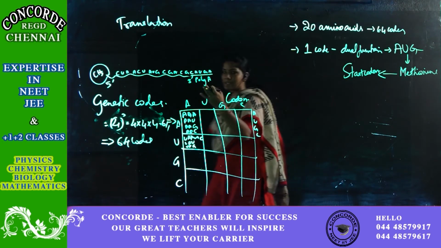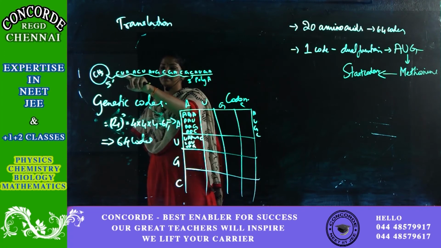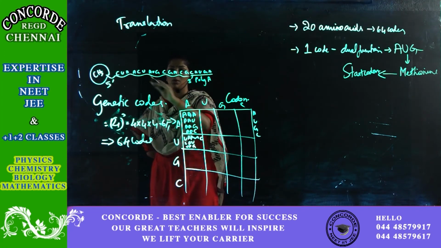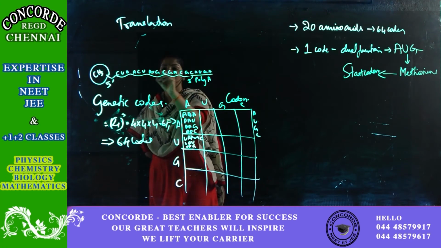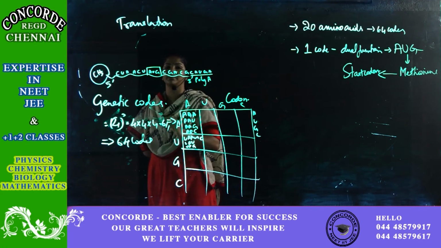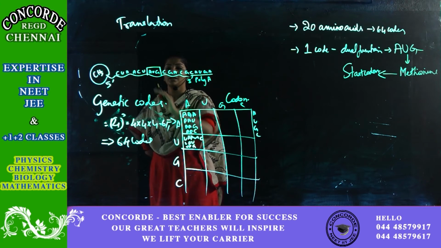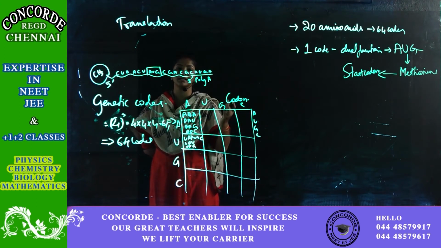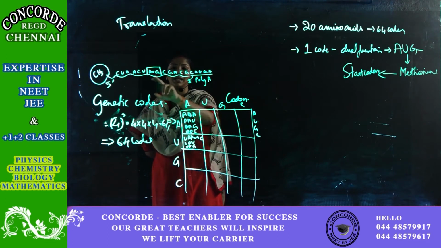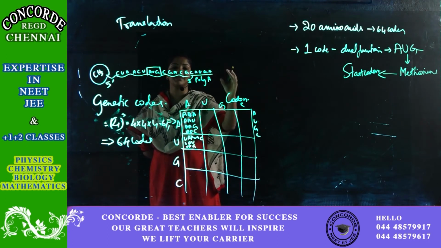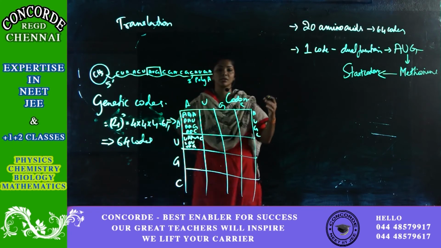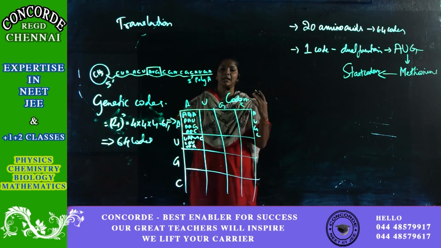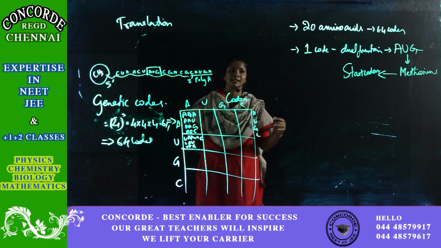See, in this mRNA, the codes are starting from here: CUA, ACU, etc. But though I have these many codes, my process will start only from the start codon. Before the start codon, however many codes there are, I will not consider them and the process will not start. Only from the start codon, however many codes come up, the process of translation will start. So this has a dual function: it codes for methionine and it acts as a start codon.